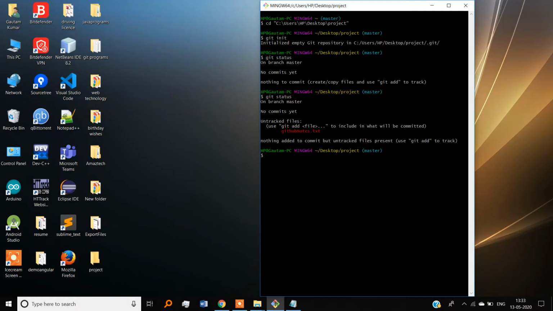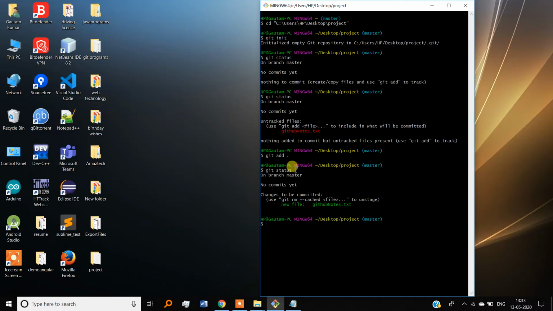It is showing that the github notes text file is added, and it is an untracked file. So to make it tracked by git, we need to run another command, that is git add dot. It will add all the untracked files to git. So click on it. Now check git status. See, now it is green, so it is tracked. It is not showing untracked file.